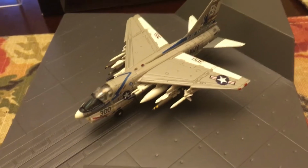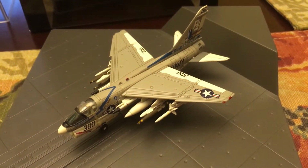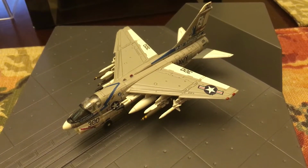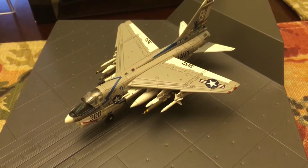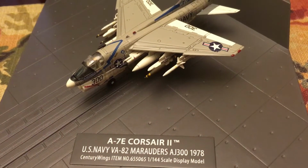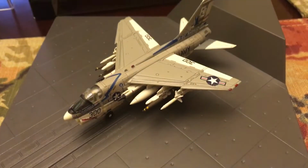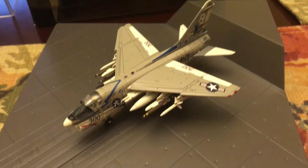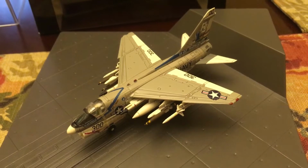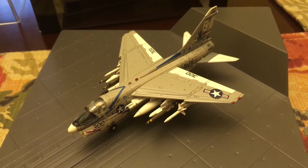Century Wings usually does 1/72 scale diecast models, but they did for a while do a small line of 1/144 scale jets, mainly the F-14, a few squadrons there, the A7, and then I believe they did the A6 as well. For the A7, they just did one model, which is this one, and the A6, they just did one. I do have another F-14 coming in, the Black Knights. That was kind of a hard one to find, so I'm going to be doing a review on that